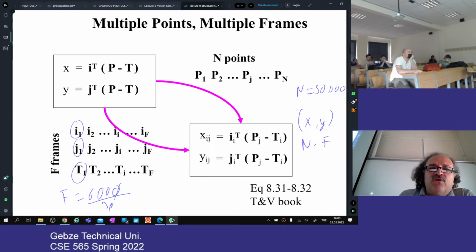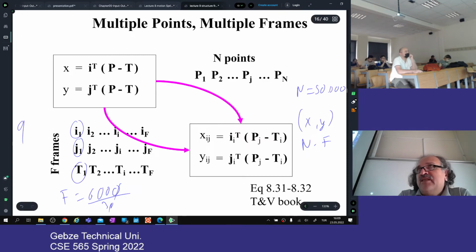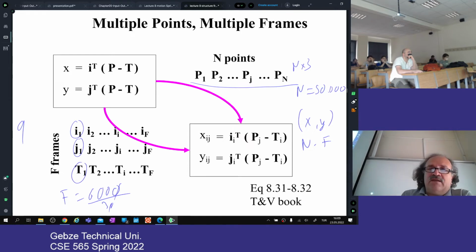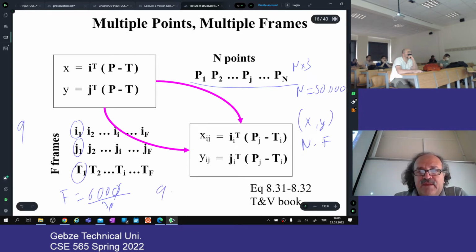For each frame, I have 9 camera related unknowns, and for each frame I have n times 3 scene related unknowns. So there are a total of 9 times f times n times 3